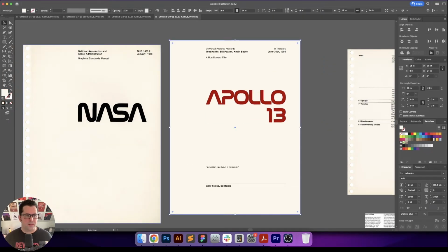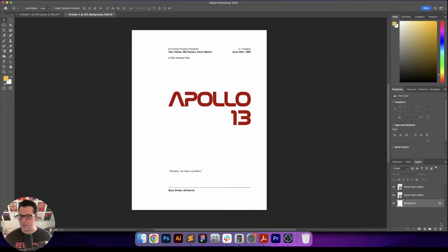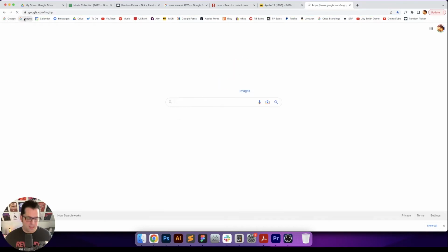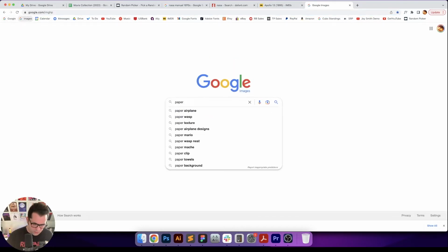So now I'm going to go in and I'm going to unlock this right here, the background, grab the hex value for that beige paper right there, and add a solid color background layer. So that way, if I want to, I can always go in and adjust the color of the paper. And as far as the paper goes,